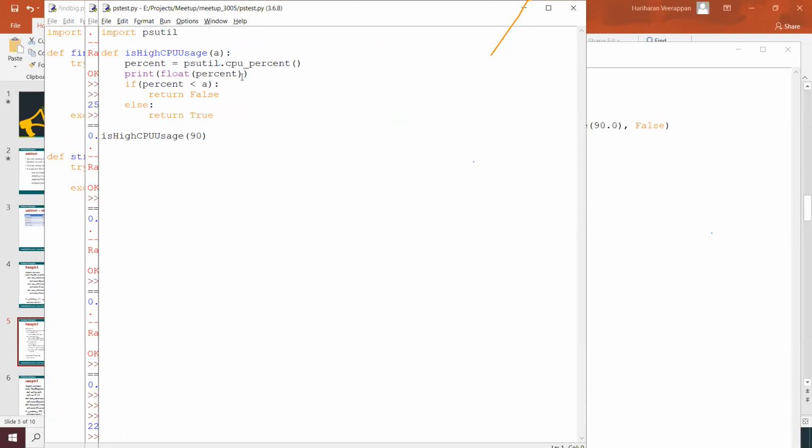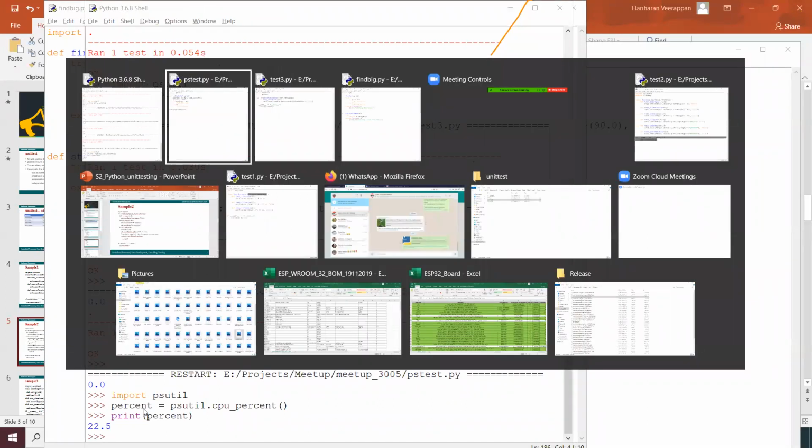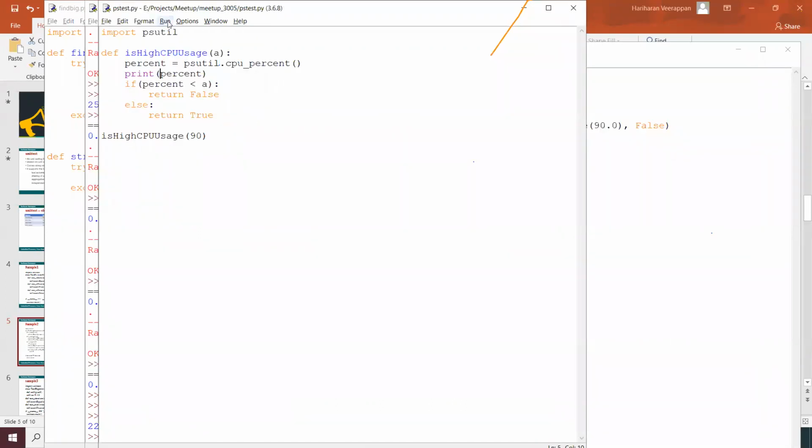But the thing is, this one does not give that percent. This one comes like 0 while we print, but we confirmed that this was working fine over here.